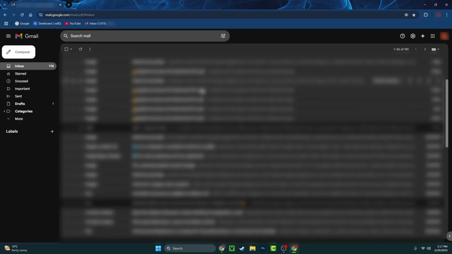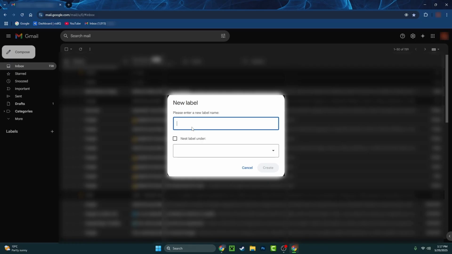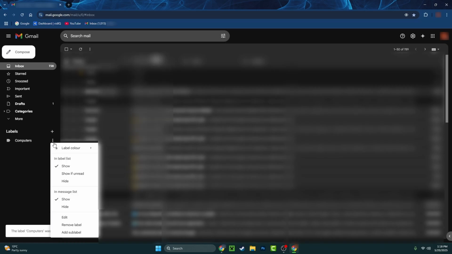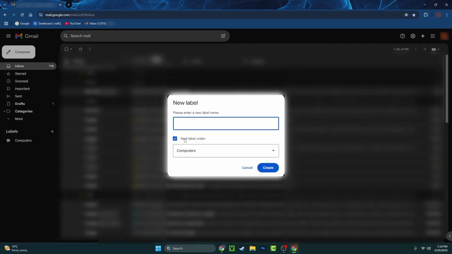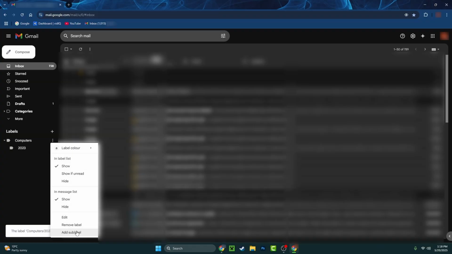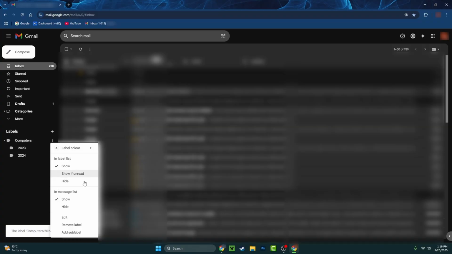On the main page of Gmail, we can find labels on the left side. Let's press on this plus button and now we are asked to create a new label. Let's name it, I don't know, computers. You can name it as you want. Let's press on create and you can create another one or you can create a sub label to this one. If you press here on add sub label, let's name it 2023. Let's add another one, name it 2024, and another one,